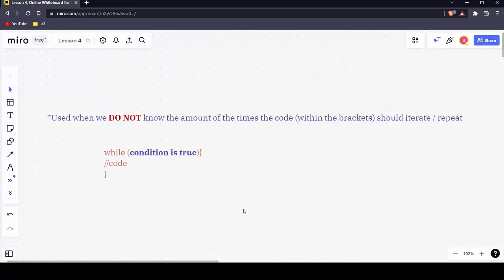So while loops and for loops, the logic is quite similar because we're repeating through the code within the brackets a certain amount of times. However, in this case, we don't know the amount of times that the code should repeat. So if we have an arbitrary number, we can call that x. So while, let's say, x is less than 5, we can ask the computer to print out